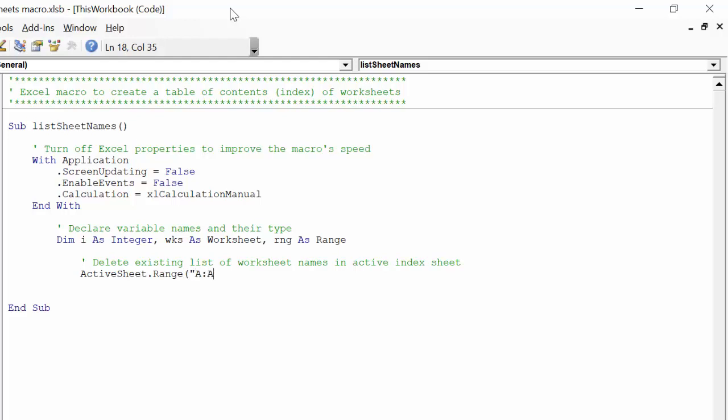Deleting any existing list of names will ensure the macro presents the up-to-date list of worksheet names.